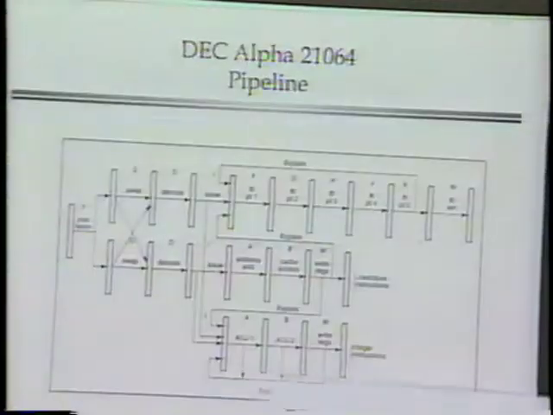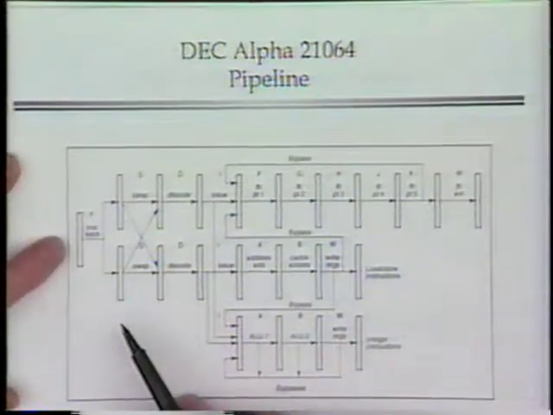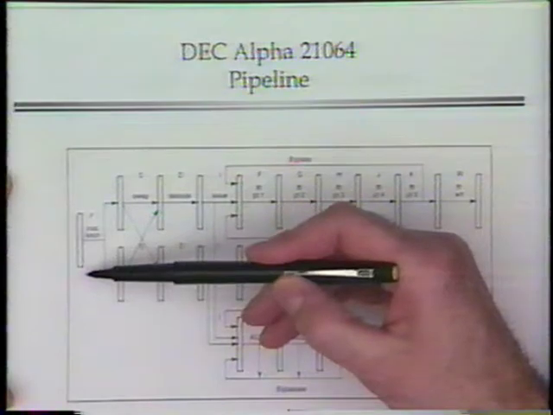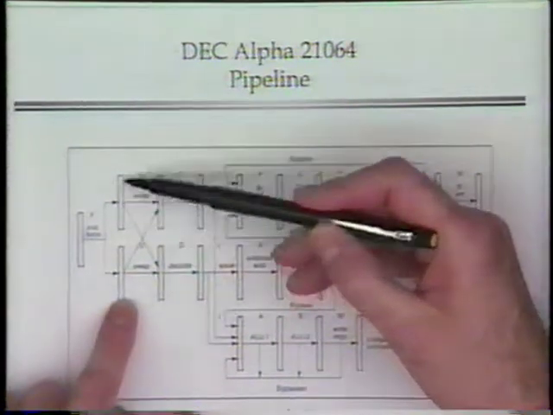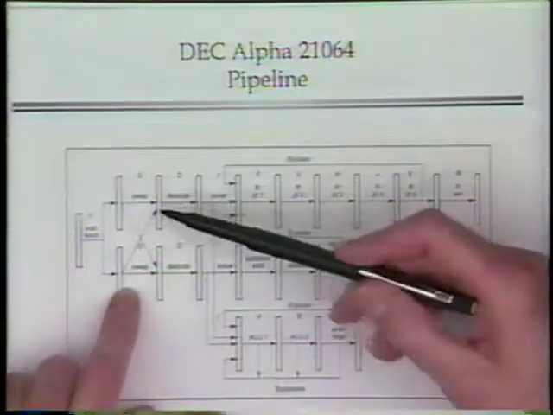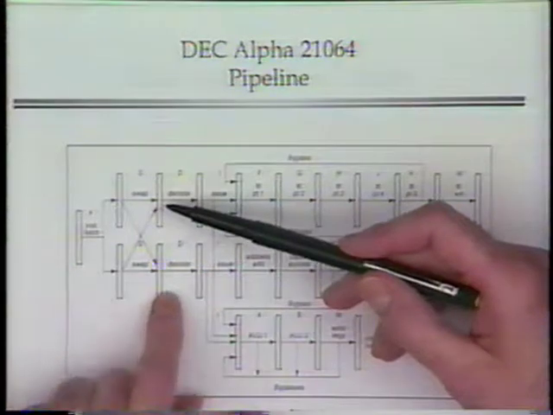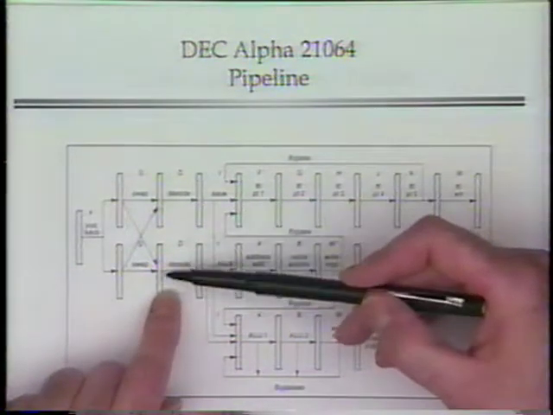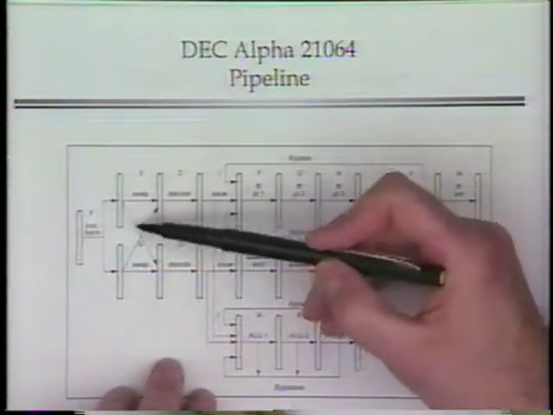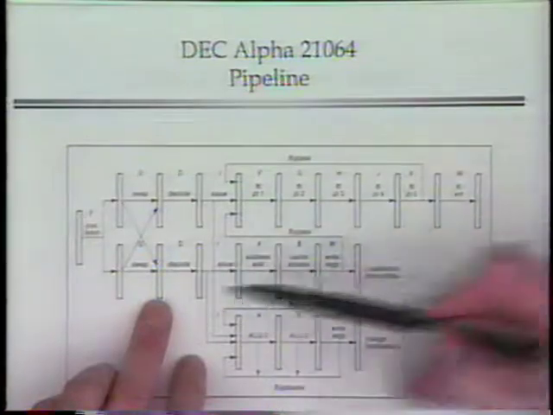In fact, let me show the pipeline diagram. This is straight out of the paper that you're going to read. They basically fetch 8 bytes, 2 instructions, and feed them into the beginning of pipelines going down to functional units. If they notice that by swapping those 2 instructions, they could get 2 instructions to operate in parallel, they do that. In fact, I guess even if you can't get 2 to operate in parallel, you still have to execute the swap to get the right instruction to the right